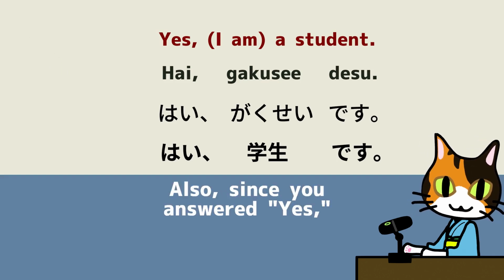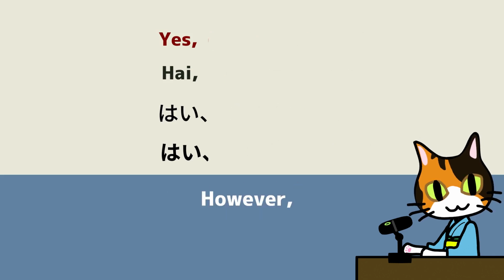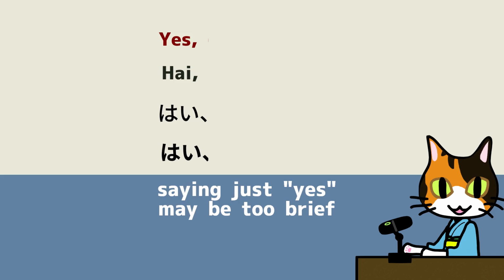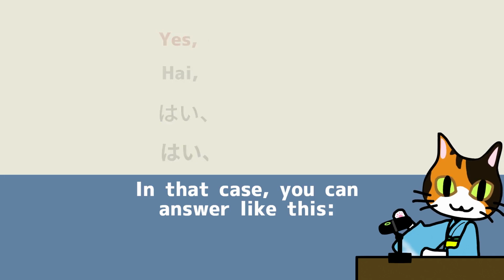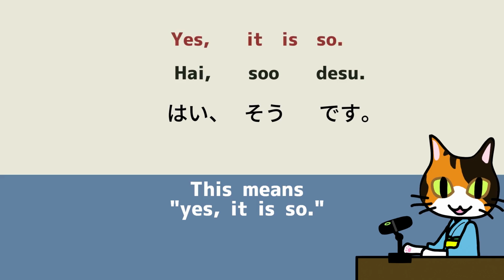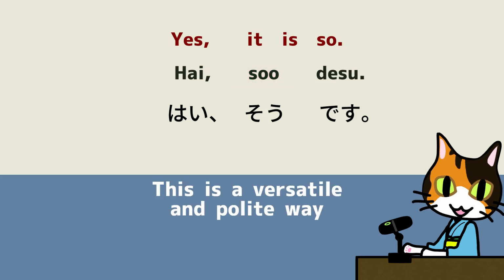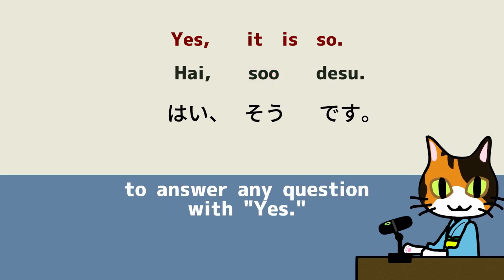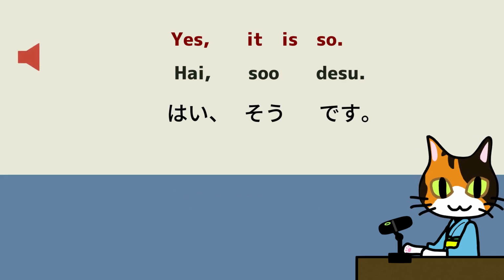Great. Also, since you answered yes, there is no need to repeat the rest of the sentence. However, saying just yes may be too brief and may not leave a good impression. In that case, you can answer like this. はい、そうです。 This means, yes, it is so. So means something like, just like you said. This is a versatile and polite way to answer any question with, yes. Let's practice. はい、そうです。